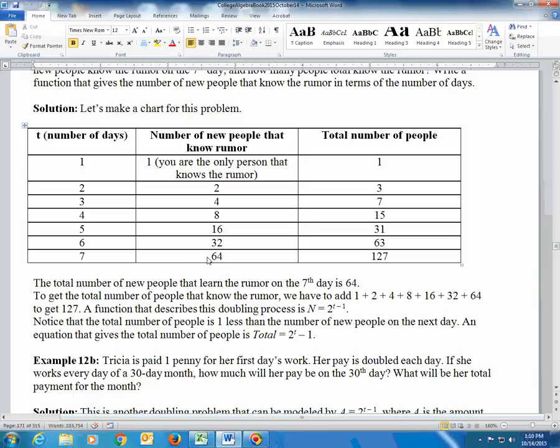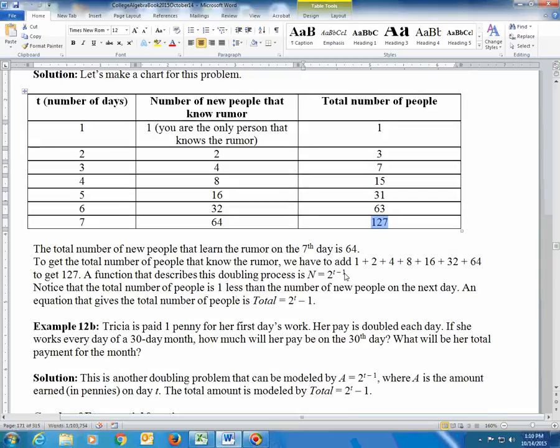Next day, it doubles again to 8, 16, 32, 64. So we could do it by hand here and get on day 7 a total of new people that know the rumor is 64, and if you would add up these as you go, you would get up to 127 total people. Now, the formula for these is this right here, n equals 2 to the t minus 1. This is an exponential function because the variable t is up in the exponent. We can see this here that it works. Like, for example, if I plug in, let's say, day 3. If I put 3 in for t, 3 minus 1 is 2, and 2 squared is 4, and that's what